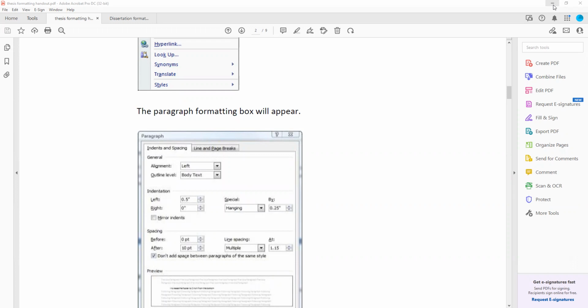And this is where you can change all your paragraph settings. So for example, the first thing I'm going to do is, for whatever reason, they put in automatic spacing after the paragraph, which I do not want. So I'm going to change this from 10 points to 0. And then over here in the line spacing, I'm going to change this from multiple at 1.15 to